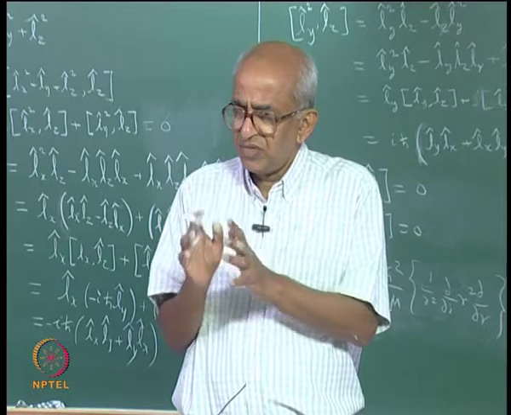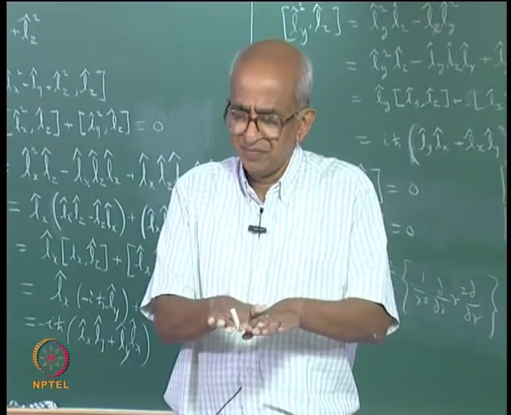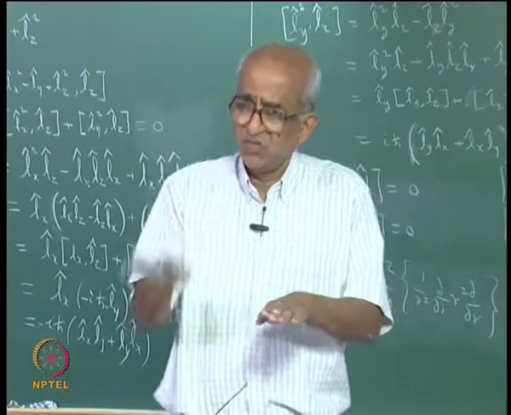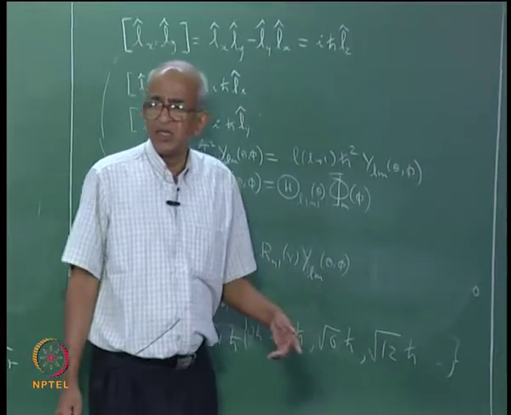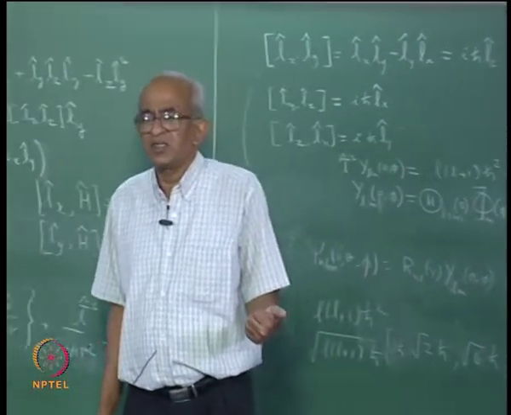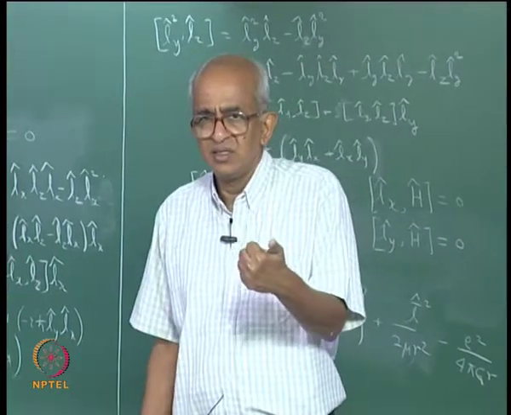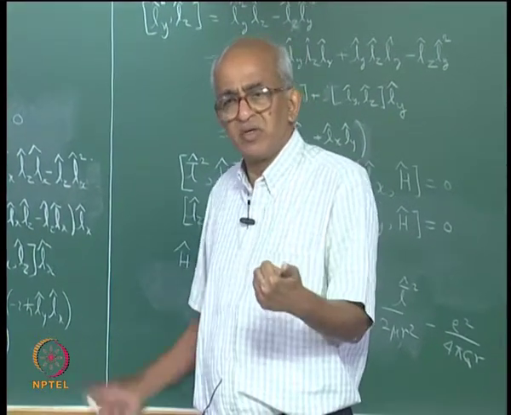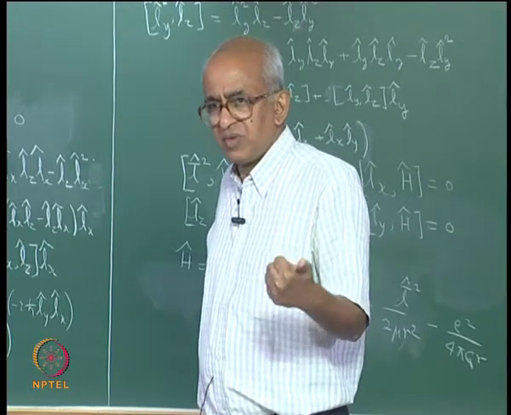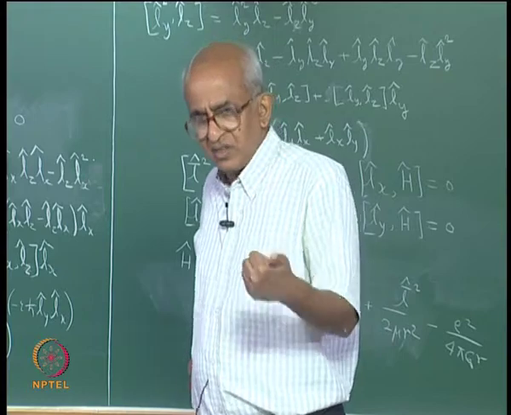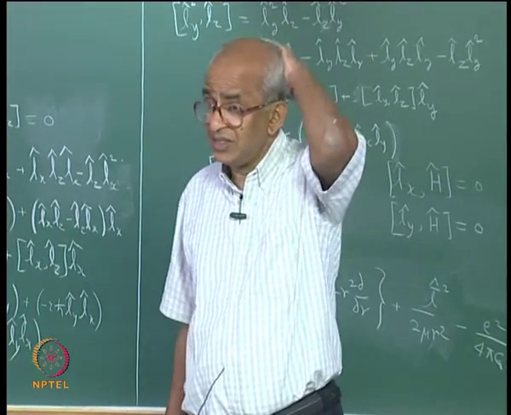And the states that we have found, the psi_nlm, have a precise value for the energy, and they have a precise value for the square of the angular momentum vector also. Why do they have a precise value? The answer is that L squared and the Hamiltonian commute. Because they commute, you can have precise values for both. And then we are going to look at Lz.